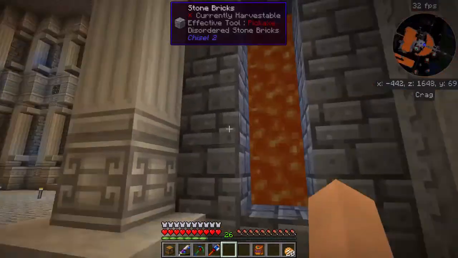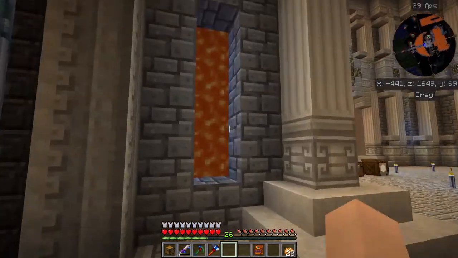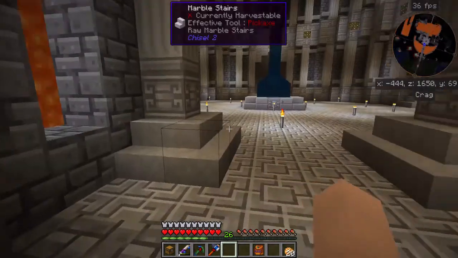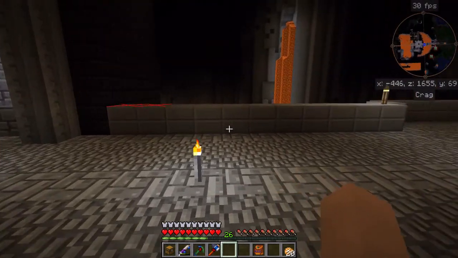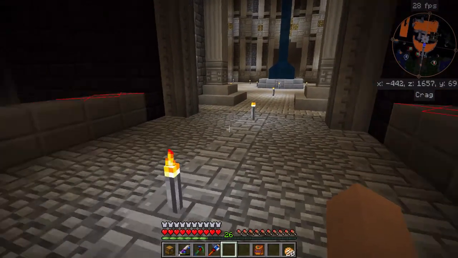And I forgot the bars, but you can see that I added these. I kind of like the lava as a light source. It works out pretty well. If I hit F7, there's not too many places. I still need to pick up these torches. I've been going with the